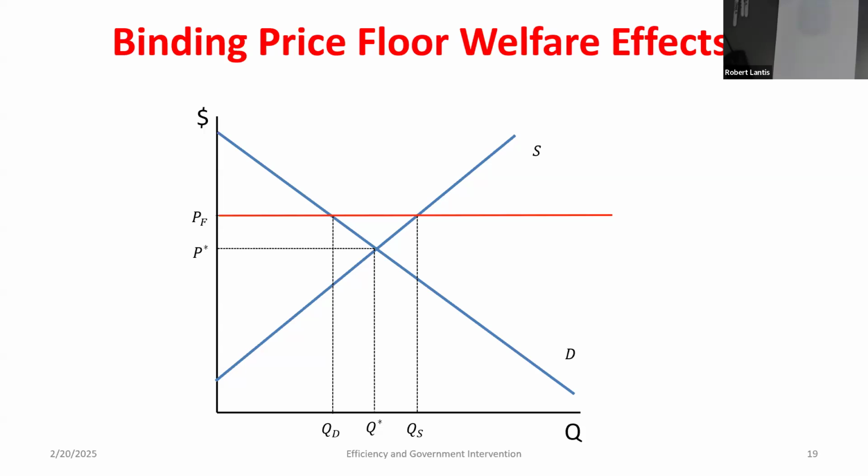Okay. So where are producer and consumer surplus going to be now? Well, it gets a little bit trickier. Anytime we're talking about economic surplus, as opposed to the surplus in the number of units, if I wanted consumer surplus, it's the difference between the consumer's what? I'm going to get tired of saying this, but I said it a lot last class too. Anytime you calculate economic surplus, it's the difference between marginal benefits and marginal costs. Now, those are going to be different if we're talking about consumers or producers.